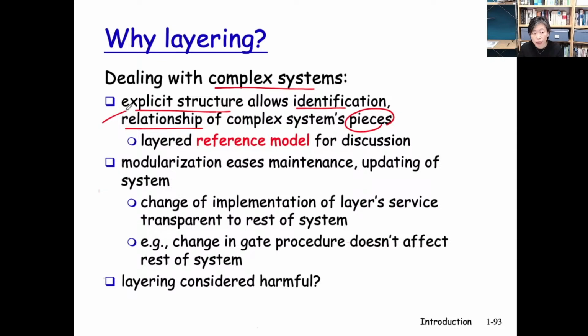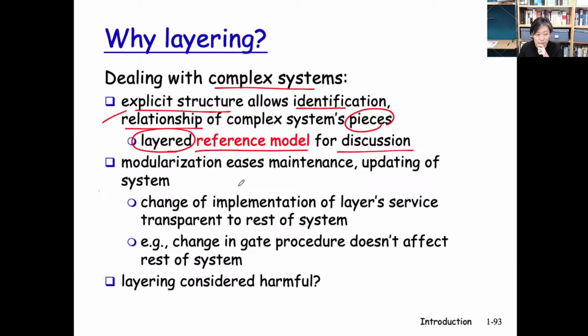And you see in the air travel example, we have this layered architecture, a layered service model. That's exactly what we're using to organize the internet's operation. We also call the layered service model the reference model, because we are referring to these pieces of the internet in layers. It's our reference model for discussion among network engineers, which you are becoming as well.